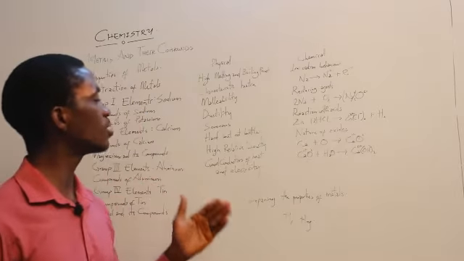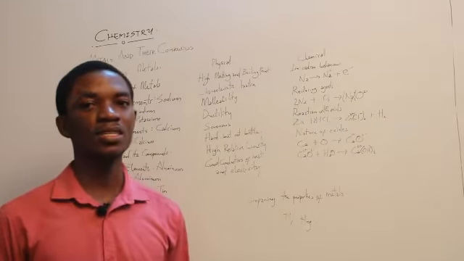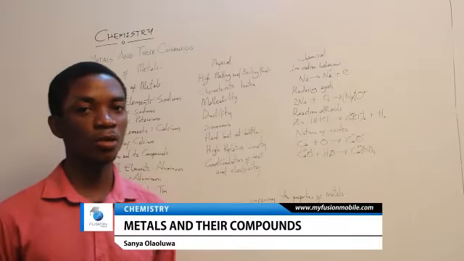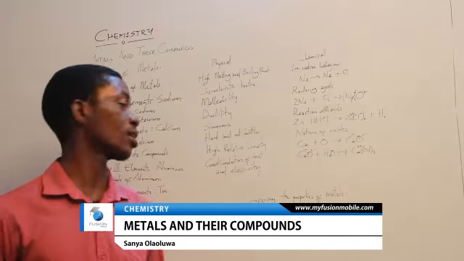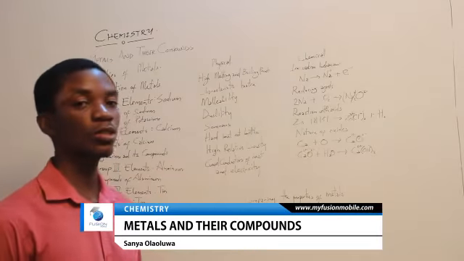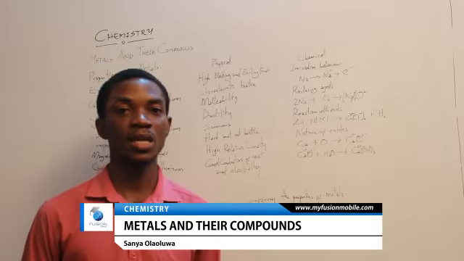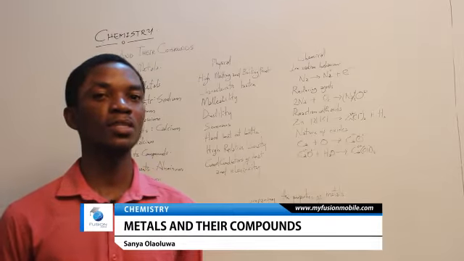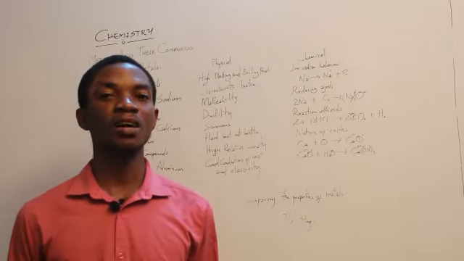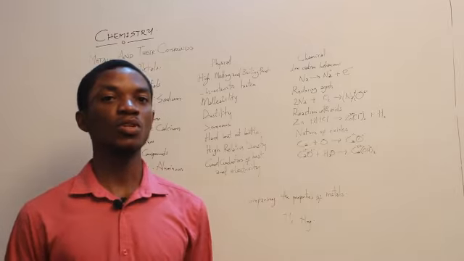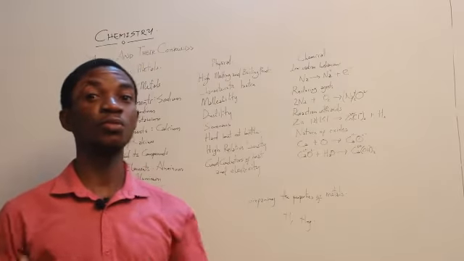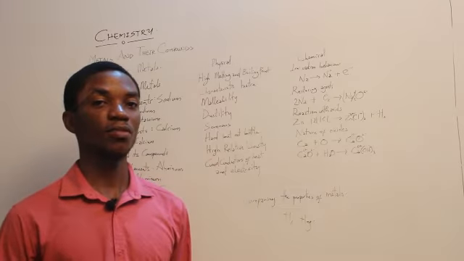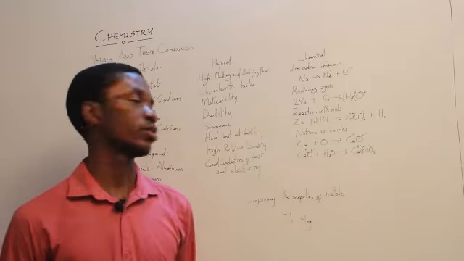They have very high relative densities. Compared to non-metals, their relative densities are quite high, and they are very good conductors of both heat and electricity. Of course, because of their availability of free valence electrons, which have different orbitals within which they can move. They are free to carry charges, either for heat or for electricity.